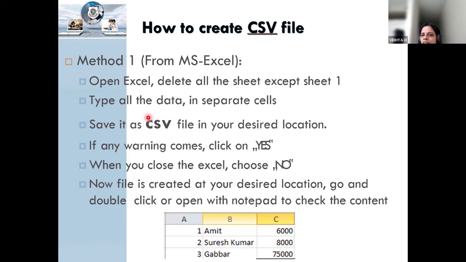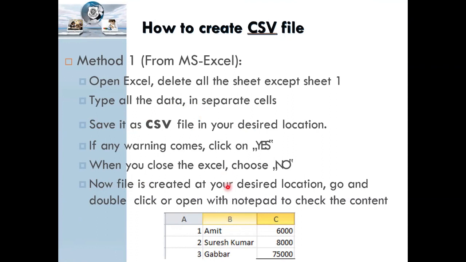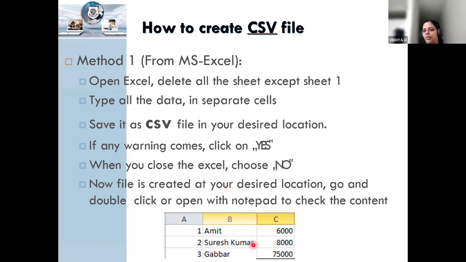As I said, we are going to create a file. Suppose I don't have any file and I am not going to write the Python coding, then usually I will go to Excel, type the content, and save it as CSV. That's what we will do. Like I want to create a text file in a Python editor, we type the content and just save the file as .txt. Here we will save it as